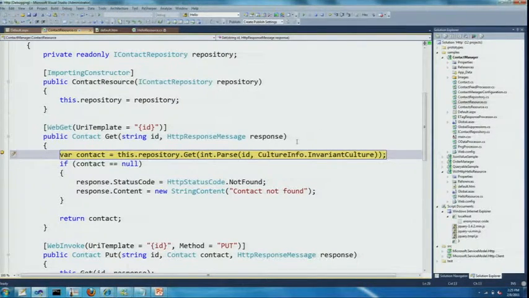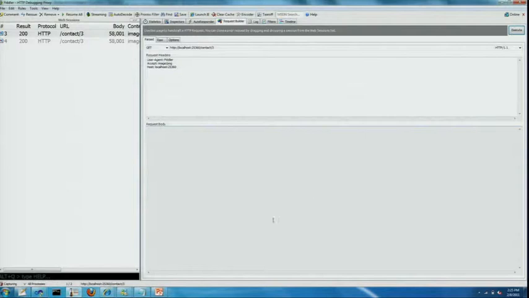I'm not forcing this operation to know about the fact that there are other kinds of representations. We're decoupling the representations from the resource, which means I can add new resources in the future without having to change my code. One representation that's supported here is this image. Is it taking the contact and actually transforming it into an image?